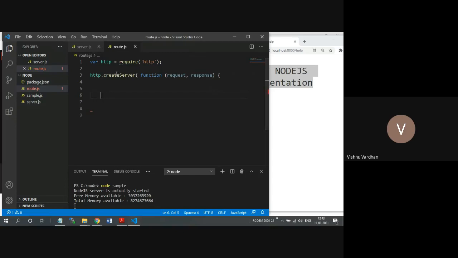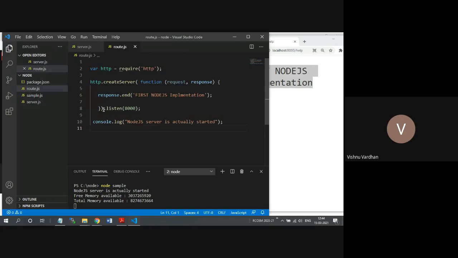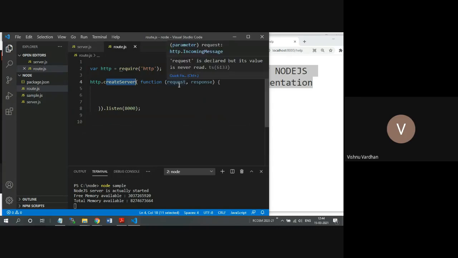Thereafter, I will copy this entirely so that I can have my own implementation in a different way. This is the template that I have taken. Basically, we have taken the HTTP module, and using that module we are creating the server instance, which has one request object as well as a response object. They can have any name. You can provide your own name, like request in a complete word, or an abbreviation like req, res, or simply RQ, RS. In that way you can have it.